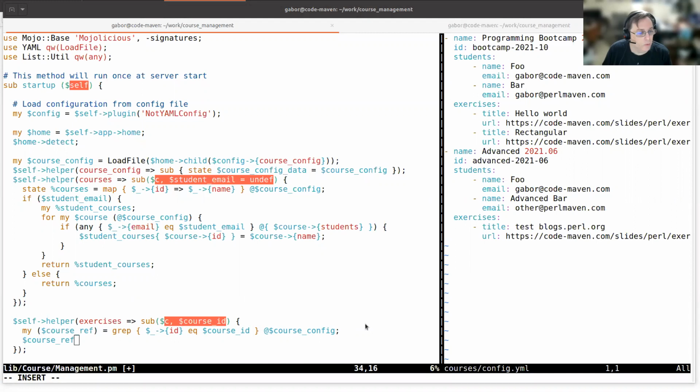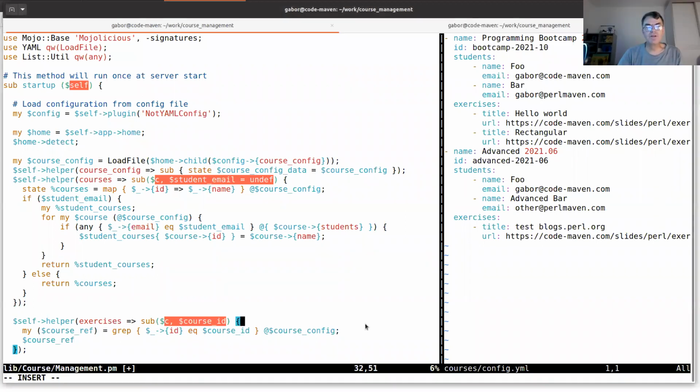Do we want course ref in parens there? Course ref, sorry? Oh, I guess so. Yeah, I guess that's right, because grep will return a list. Oh, yeah, so the parentheses. Yes. We need the parentheses. Okay. So course ref,